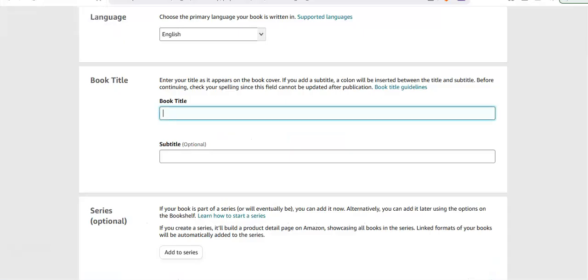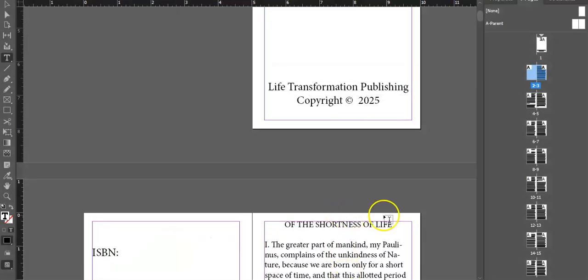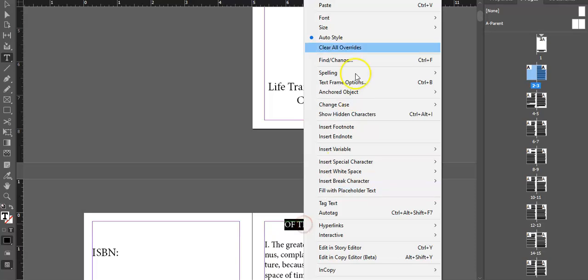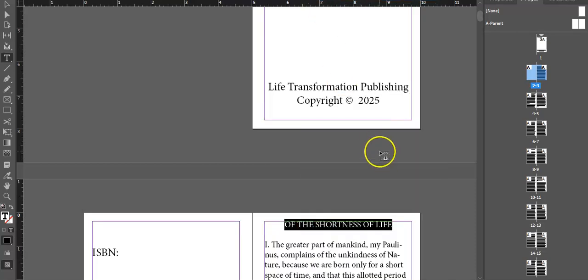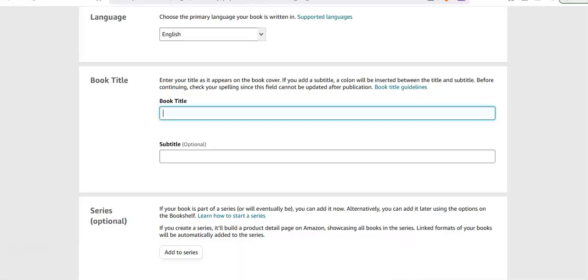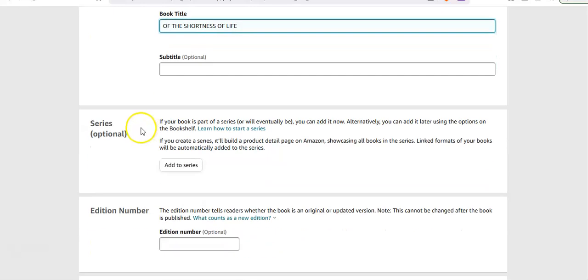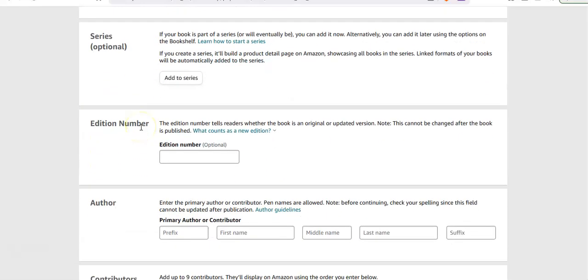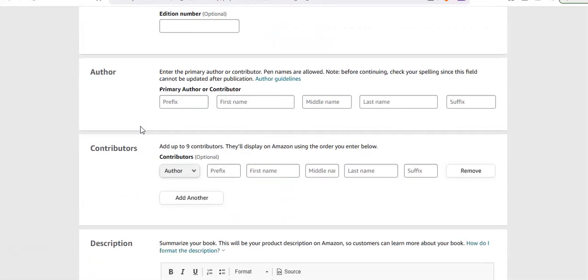I'm not worried about that. Of the Shortness of Life. There will not be a subtitle. No edition number.